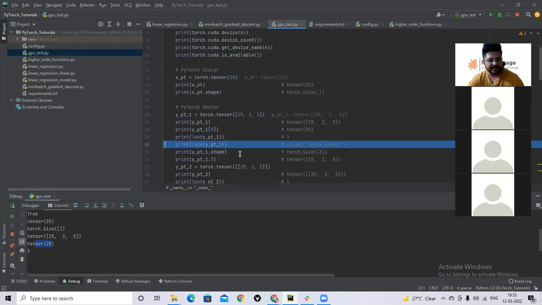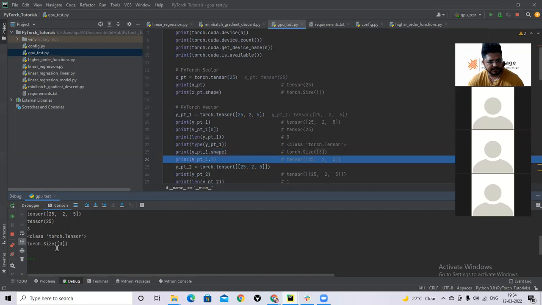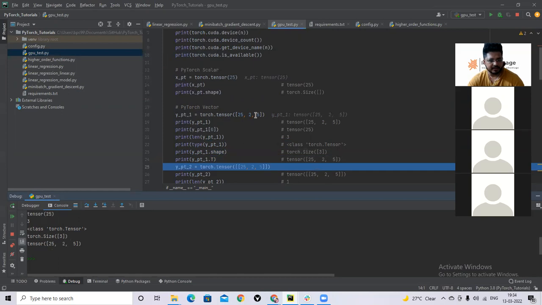Then I get the length of the vector, the length of the type torch tensor, it is 3. What is the type? If I print, it is called class torch.Tensor. What is the shape? The shape is 3. It is a vector, so no two-dimensional shape, it's a one-dimensional shape. And if I print the transpose, it is the same here.